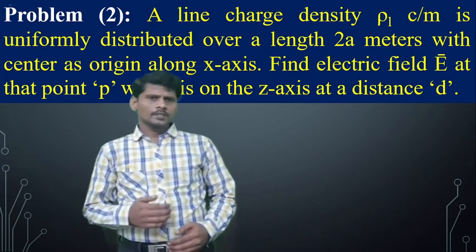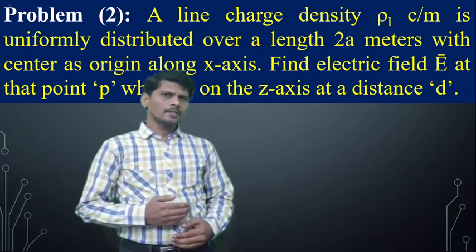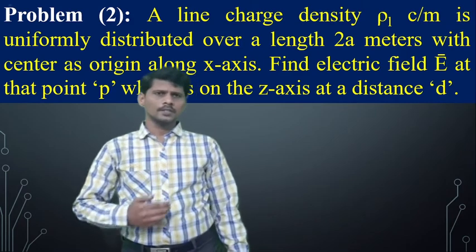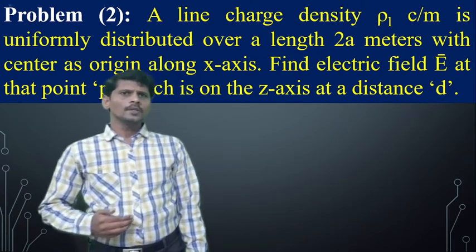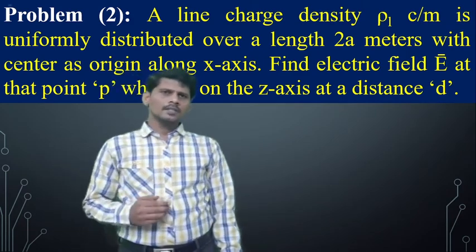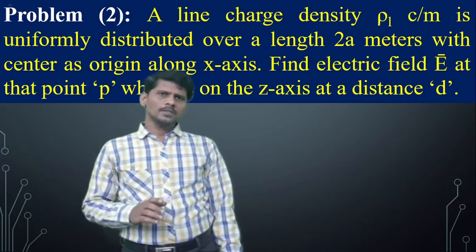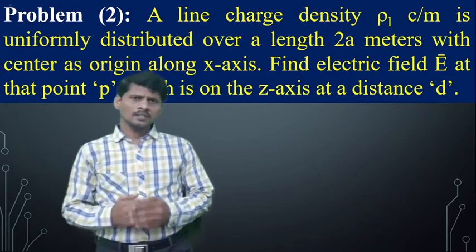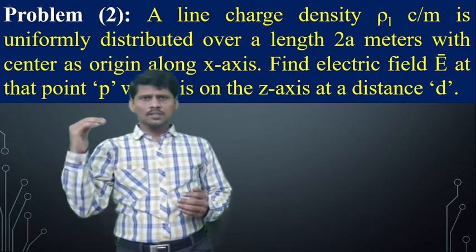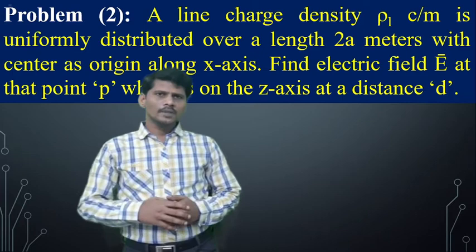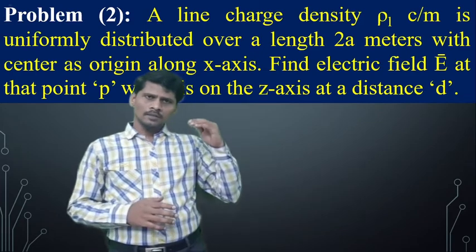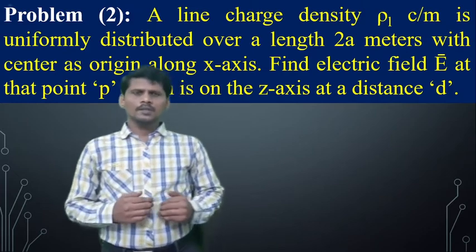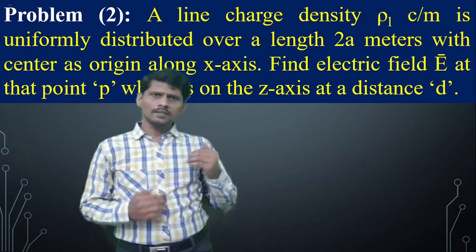Next we are going to discuss electric field intensity due to infinite line charge. In the previous class we already discussed electric field intensity due to infinite line charge. In that case the infinite line charge was lying on the z-axis. Now here the infinite line charge is placed on another axis. In that class the electric field intensity was calculated on the y-axis. Now in this example, the electric field intensity can be determined on another axis.